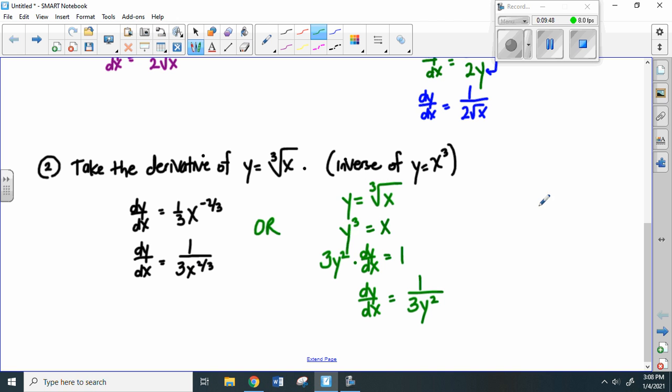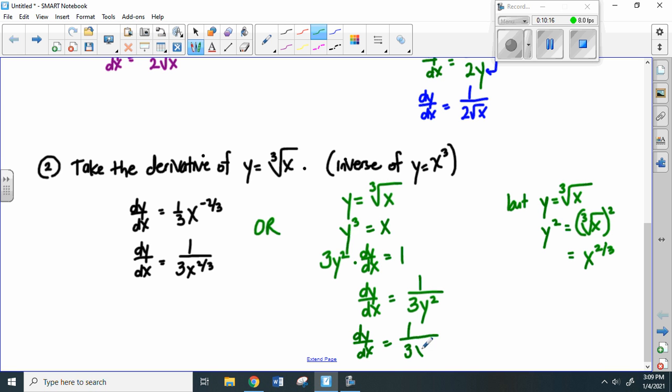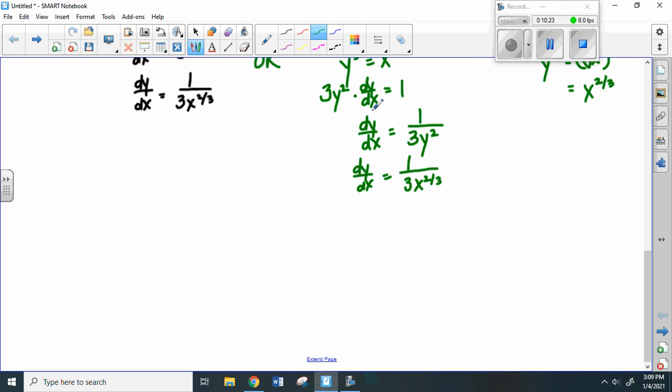All right, but, right, keep in mind that we know that y is equal to the cube root of x. So y squared would be equal to the cube root of x squared, all right, which is the same thing as x to the 2/3. All right, so it is in fact, even though it doesn't look like it right away, it is in fact equal to the same function. Okay? All right, I want us to do it one more time